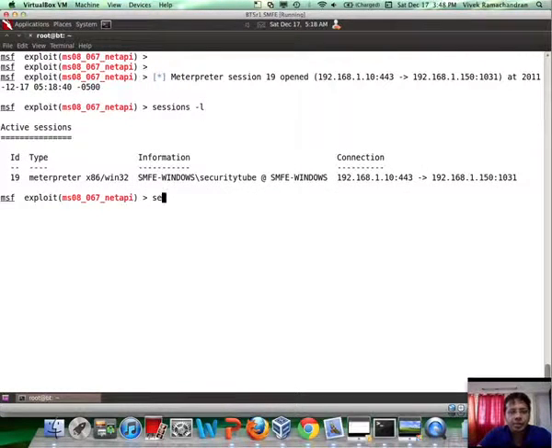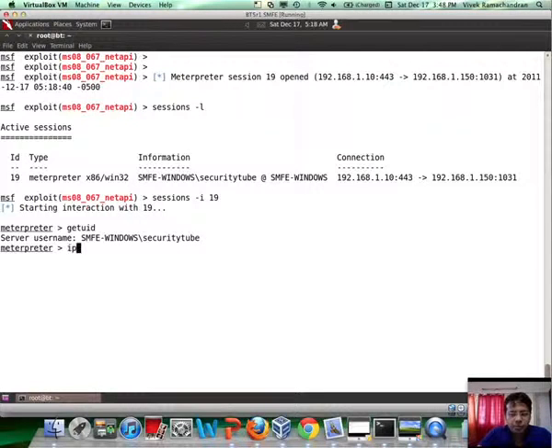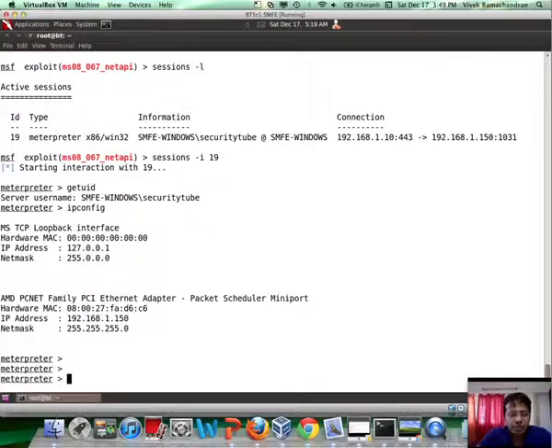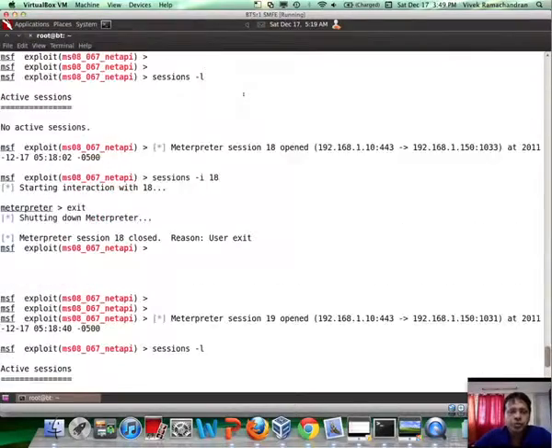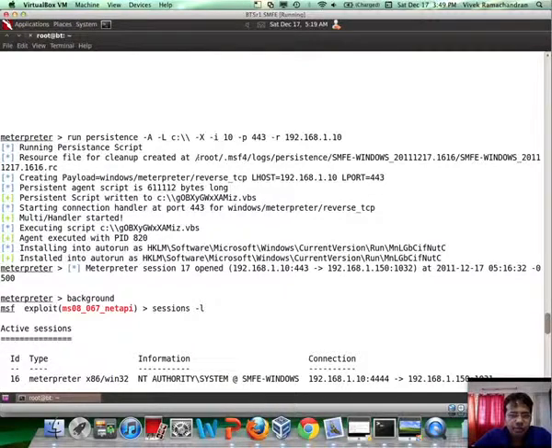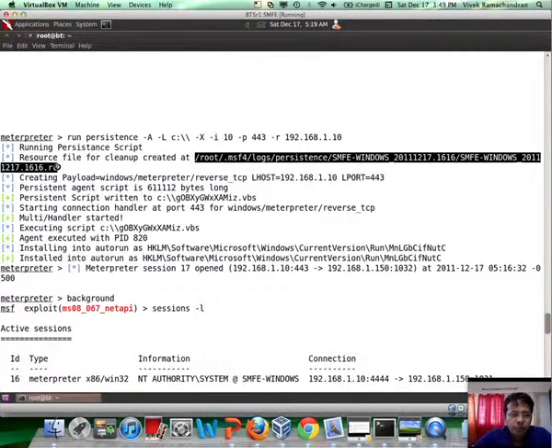So now we have a Metasploit session to which we can comfortably connect. This is our victim machine. Fantastic. Now if you want to remove this backdoor, we will need to locate the resource file which contains the